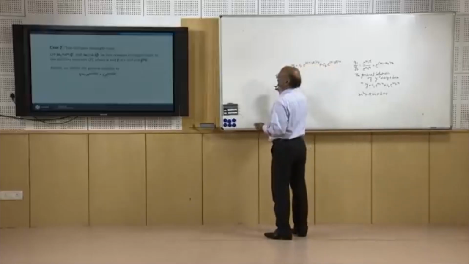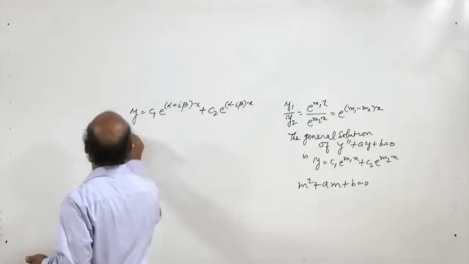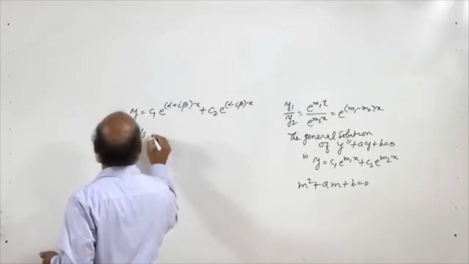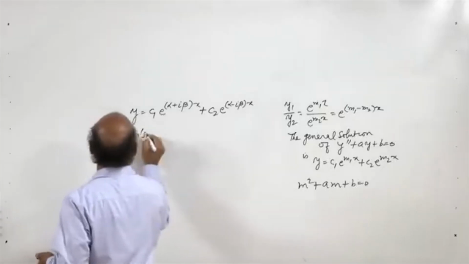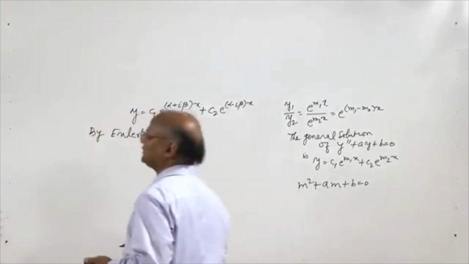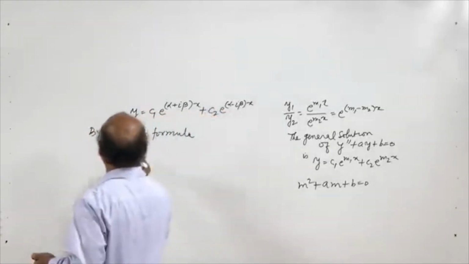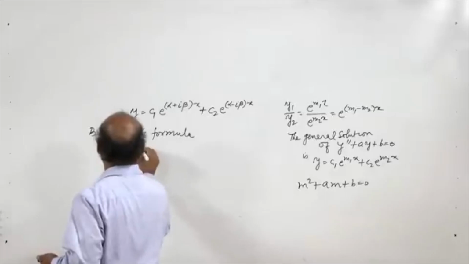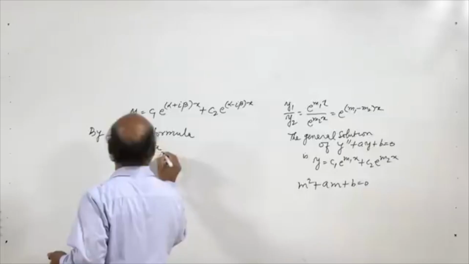So, let us recall Euler's formula. Euler's formula tells us that e to the power i theta is cos theta plus i sin theta. So, e to the power alpha plus i beta into x can be written as